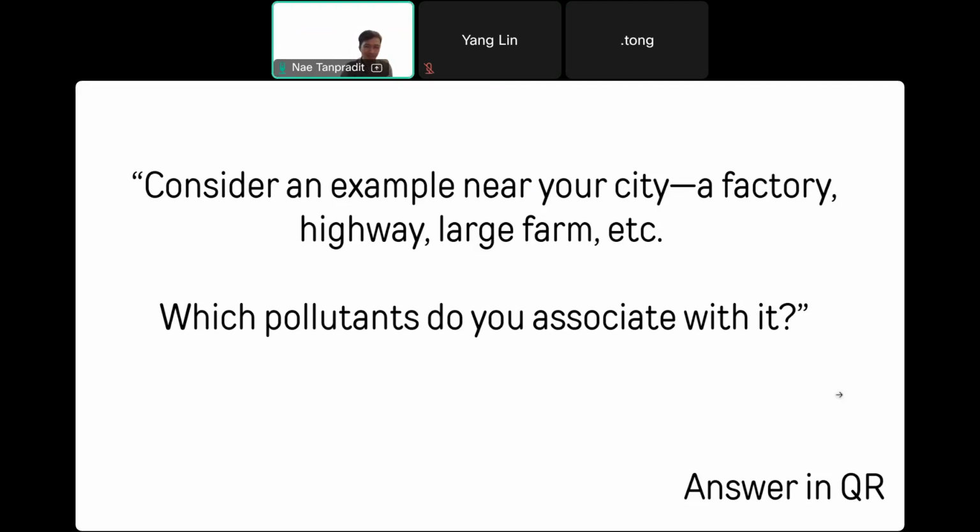So let's switch to Lin, you mentioned highway. Which pollutant do you associate with the highway? I think the highway pollutes in two ways. One is air pollution, and another is sound pollution, from the cars, from the trucks, from the transportation. When they drive very fast, the sound of the wind is very loud,